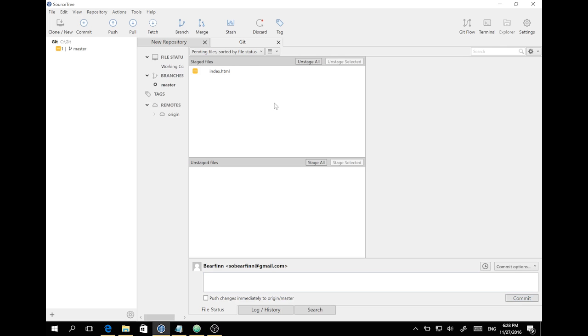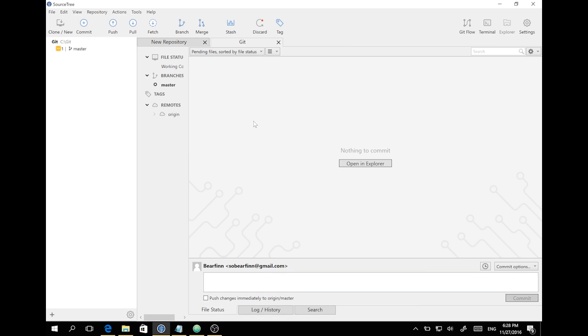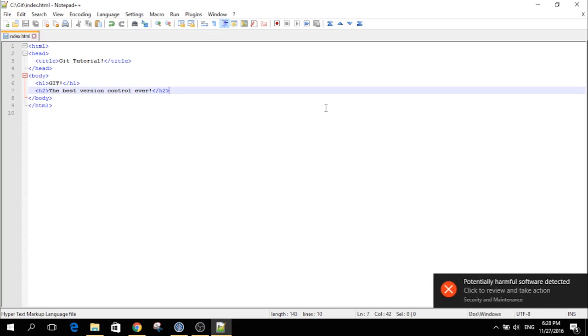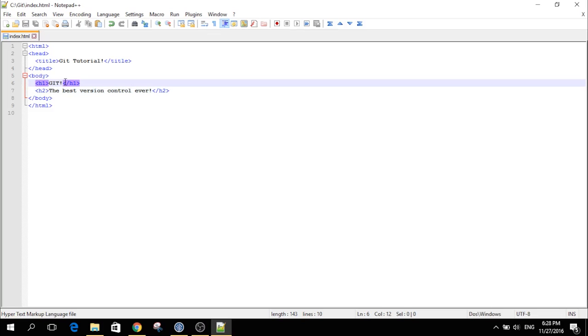Yeah. So in the meanwhile, you might not be the one who changed the file. Another one may be changing the files too. Here I am trying to make a change to the file. So actually the word git is a little bit short for me. So let's say we'll try to lengthen it to be git